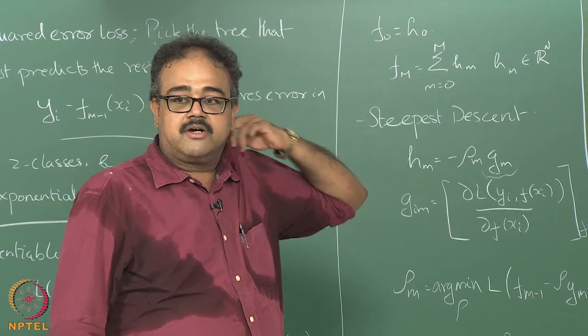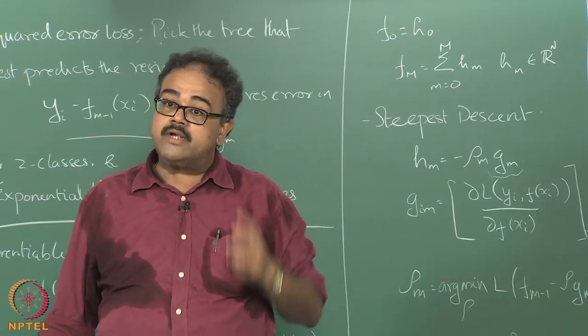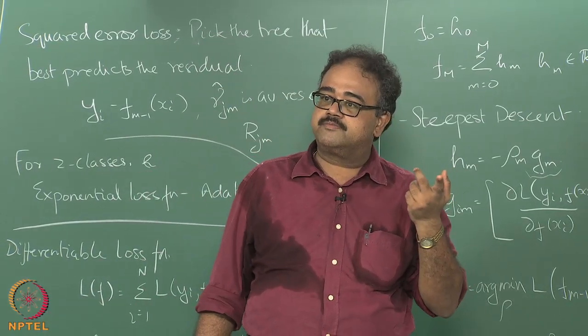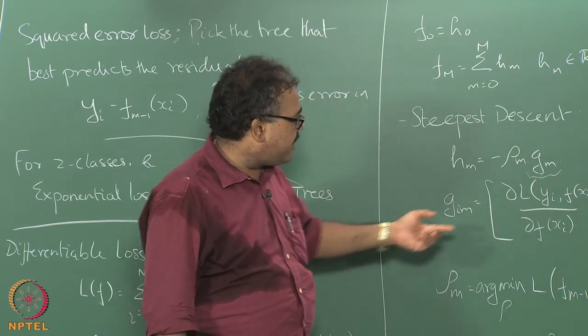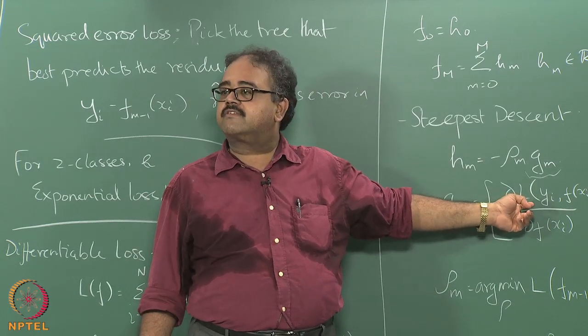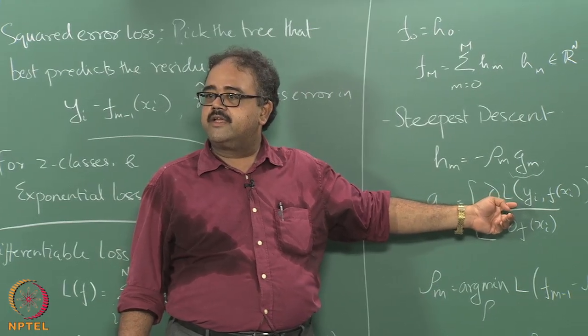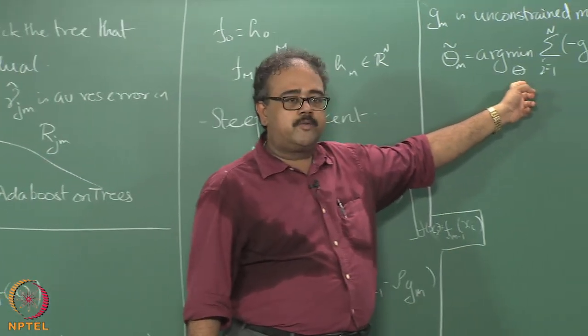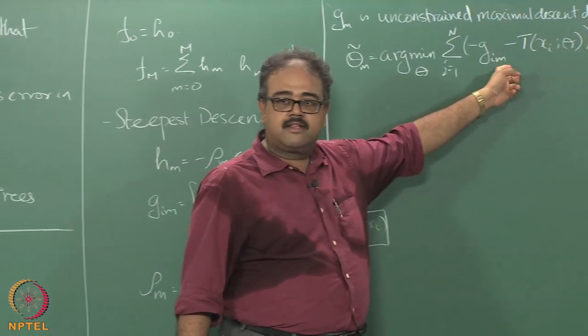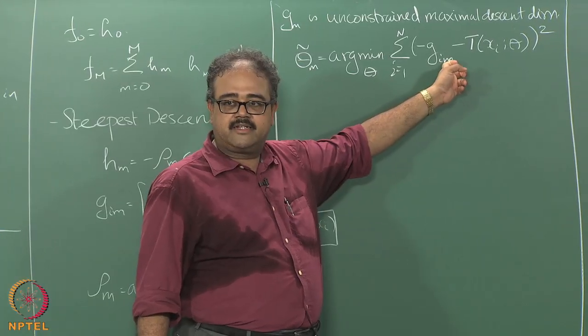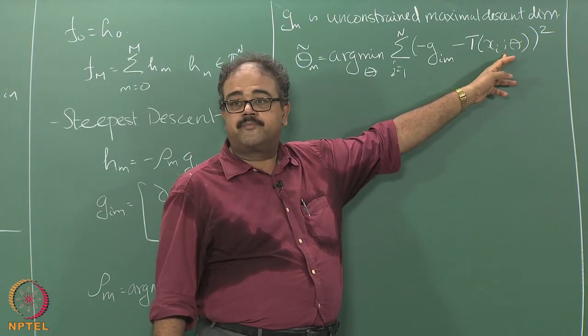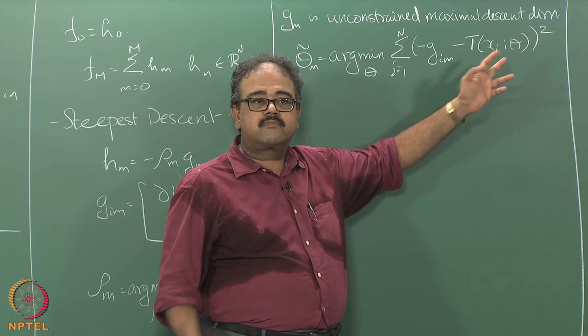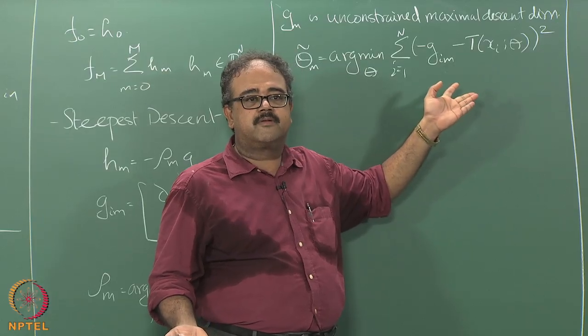It does not matter what is the problem that I am trying to solve, it does not matter what this loss function is, because what I am trying to solve now is trying to approximate a vector, trying to approximate a direction, by a tree. Essentially I am always solving a regression problem here,